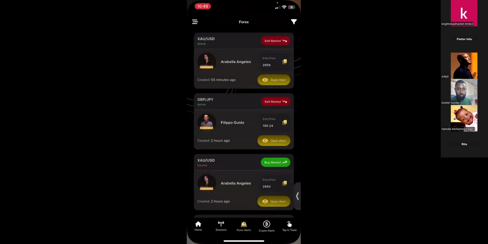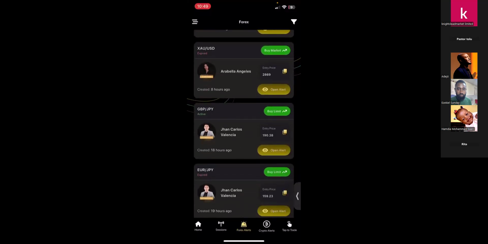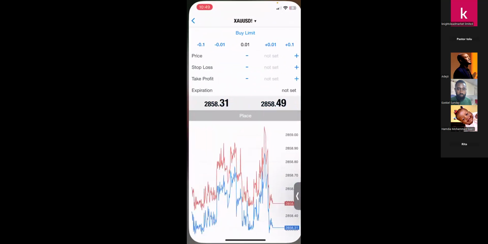I'm trying to see if there's any trade like that. Good. Look at this buy limit by Giancarlos, GBP JPY. Just for practice sake, let's just try it. I'm going to open this trade. You can see this is the entry price, 190, stop loss 189, take profit 191. The first thing I want to do is to add this particular